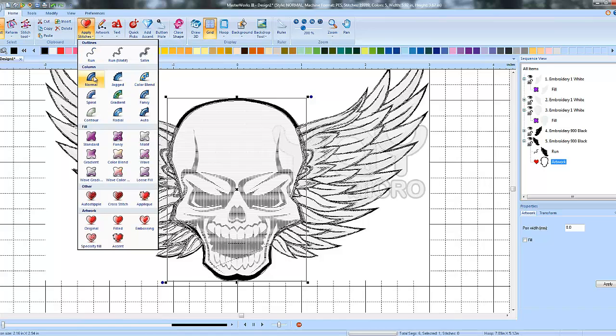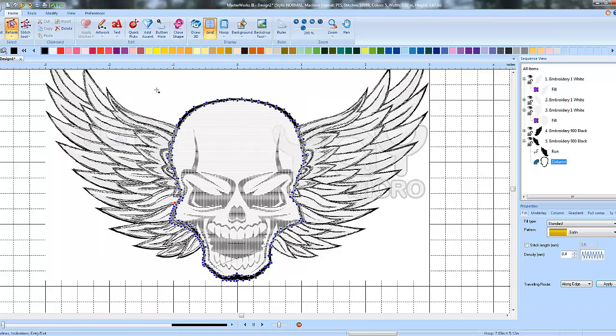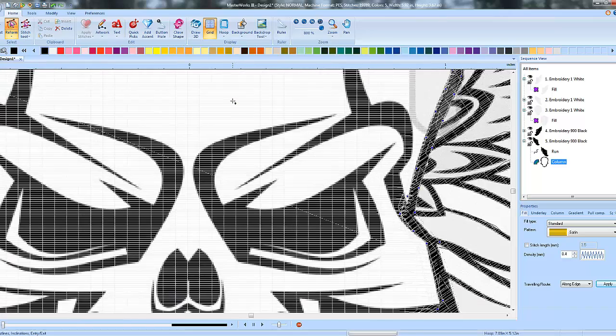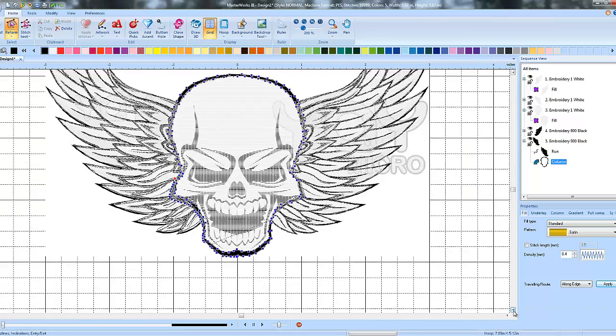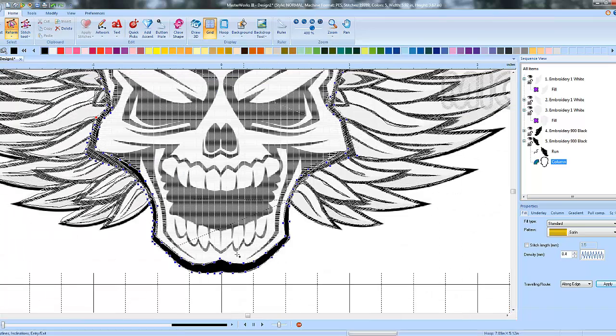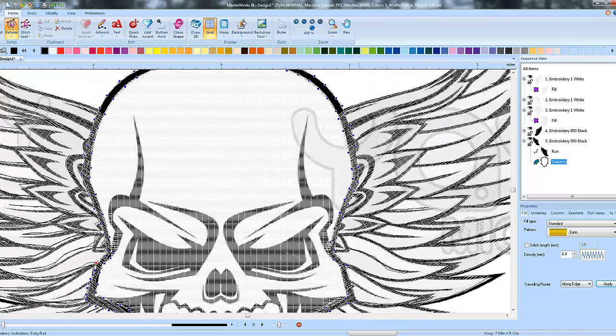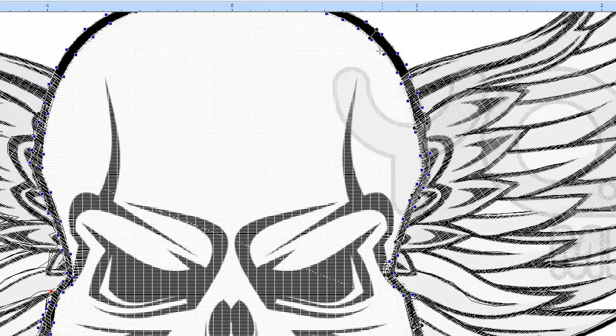Now I'm going to go to apply stitches and choose column. Because I can choose my stitch direction, I have to go in and set my stitch direction here, and I have to do it throughout the entire thing. So I'm going to have my stitch direction this way, like this, and what I'm doing is left clicking from one end to the other in this little space here. Again, I use my arrow keys to move up through the design. So all along here, anytime the stitch direction needs to change,